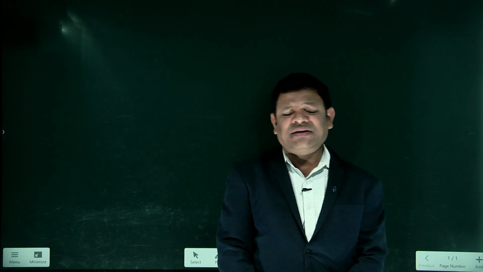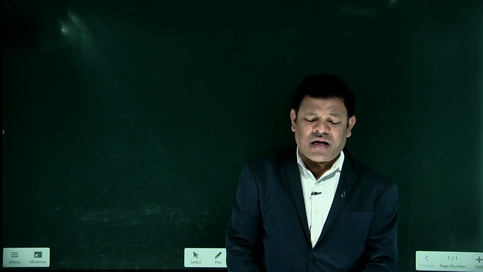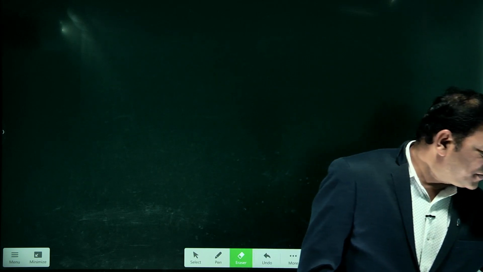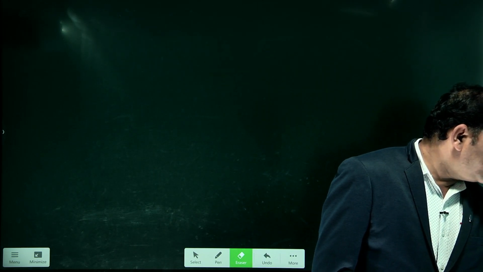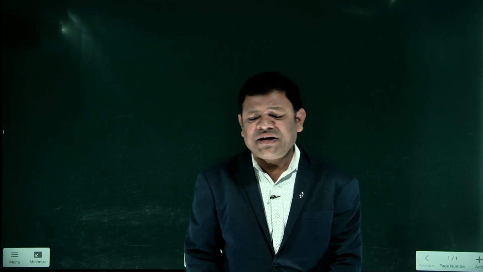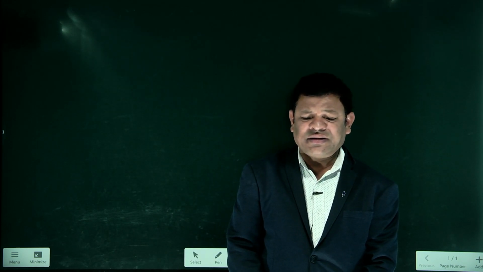Next class we will discuss which animals have which respiratory organs. For example, in fishes the respiratory organ is the gills. In human beings, it is the lungs. In frogs, it is the skin. In earthworms, it is the skin. In insects, it is the spiracles and trachea. These are the different types of animals. What is the respiratory organ and what is its function? We will discuss it next class.